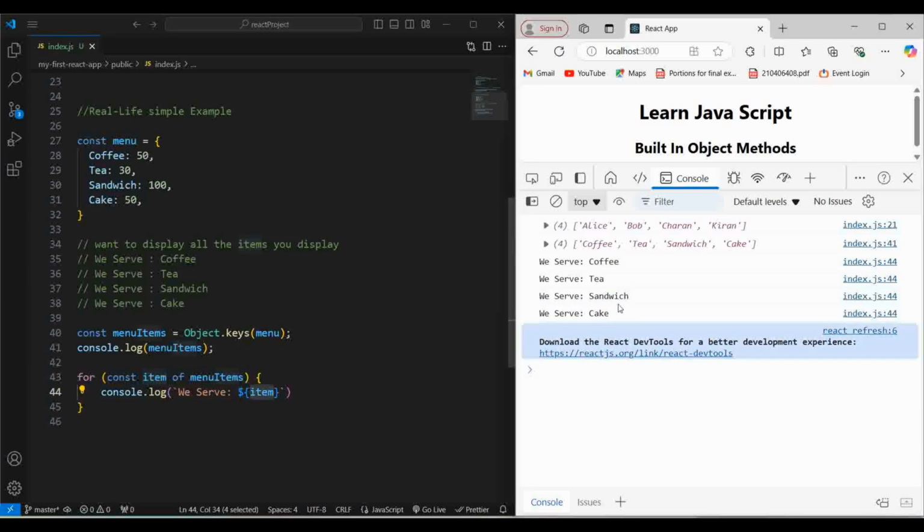Now on the right side you can see we have displayed all four keys one by one